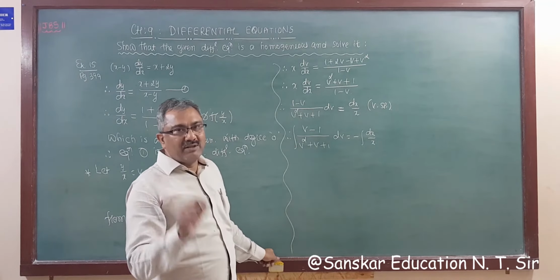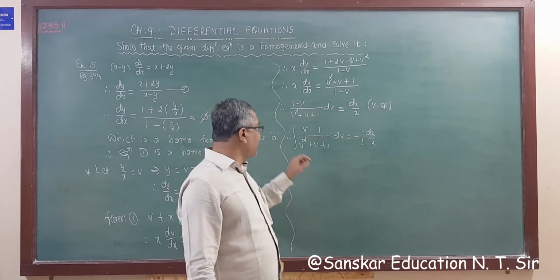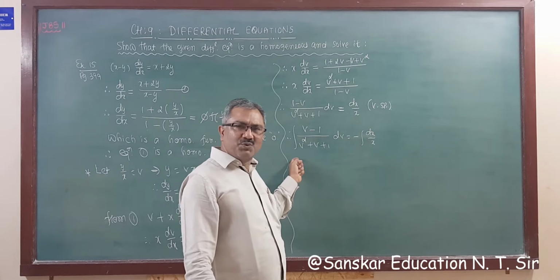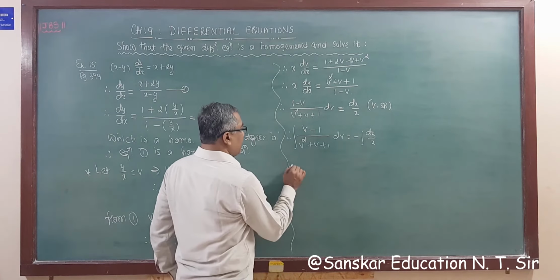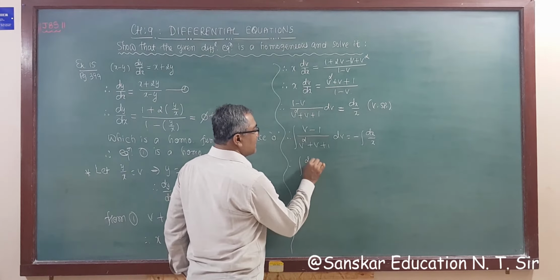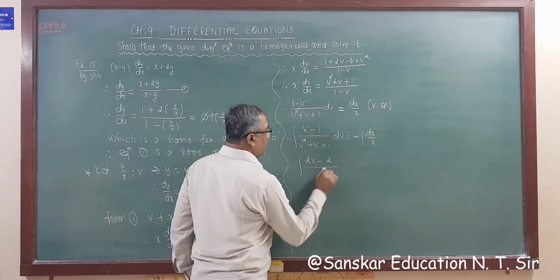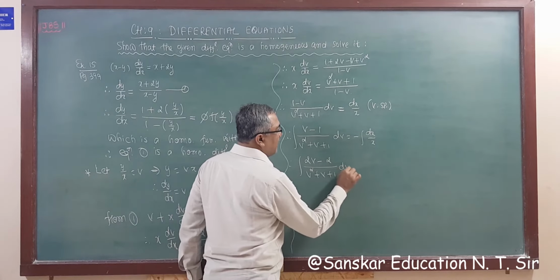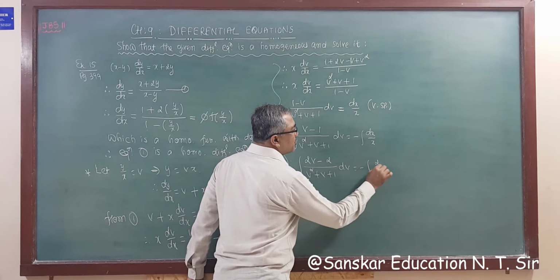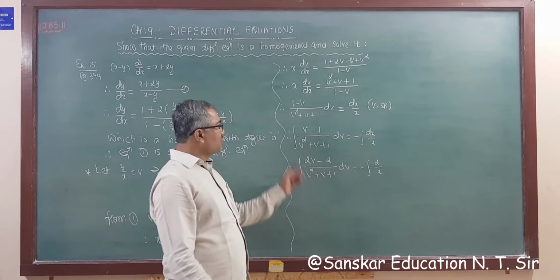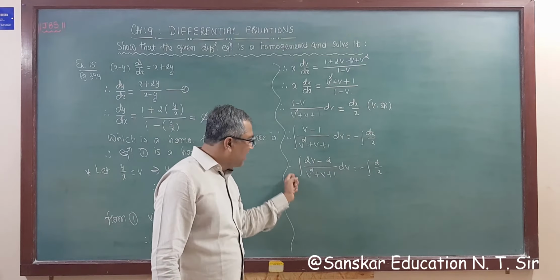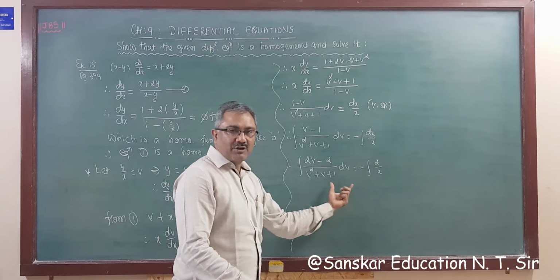Now remember one thing. While you are solving a differential equation, since you are multiplying by 2 here, you need to multiply 2 here as well. No need to write 2 here. So what we did? Integration twice v minus 2 whole upon v square plus v plus 1 dv is equal to minus 2 upon x. Got it? Instead of multiplying by 2 and dividing by 2, I am taking 2 to the other side because there is an equal sign here.